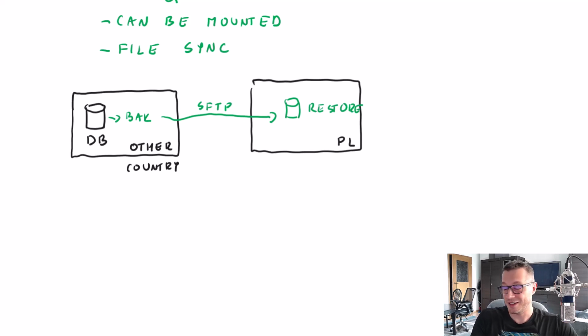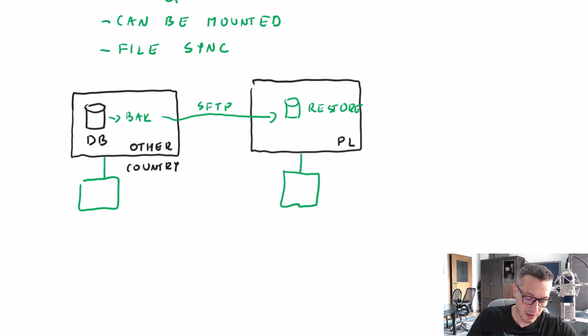But that solution wasn't ideal, obviously. So what file shares and file service helped us to do was like this. We were able to create file shares on both sides, in the other country and in Poland. Then those guys from the other country would just drop a backup of the database there, and we would configure those